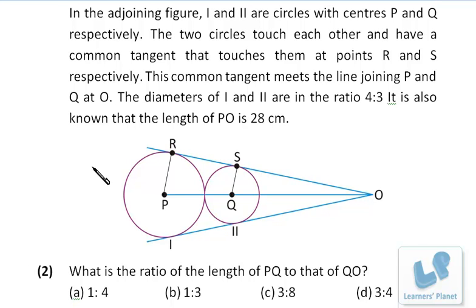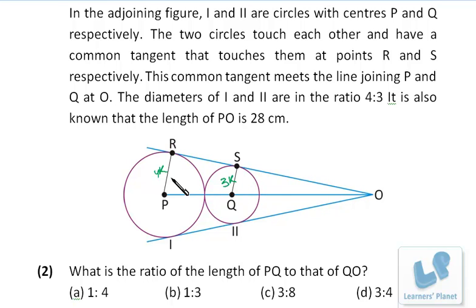friends, it's a very simple problem based on the concept of similar triangles, right? What I did, I marked PR and QS. Now this is a radius and this is also a radius. Now the ratio of diameters is 4:3. That means the ratio of radii will also be 4:3, right? That means this ratio is 4:3, right? Now triangle OSQ and triangle ORP, both of them will be similar, obviously, because this angle O